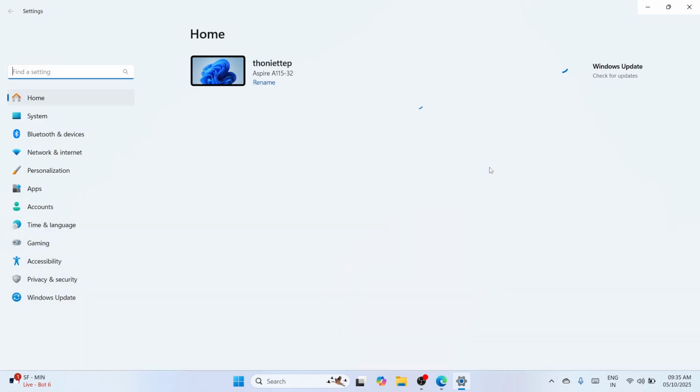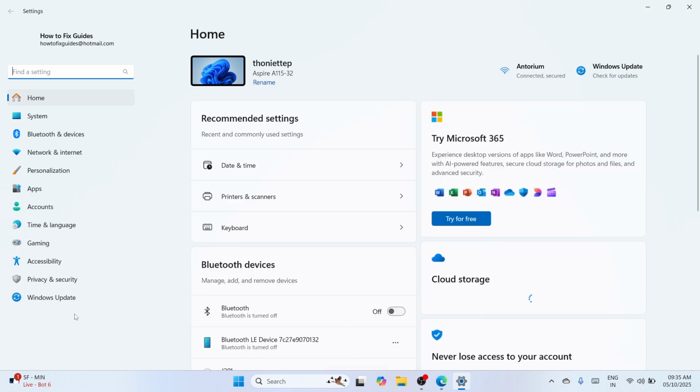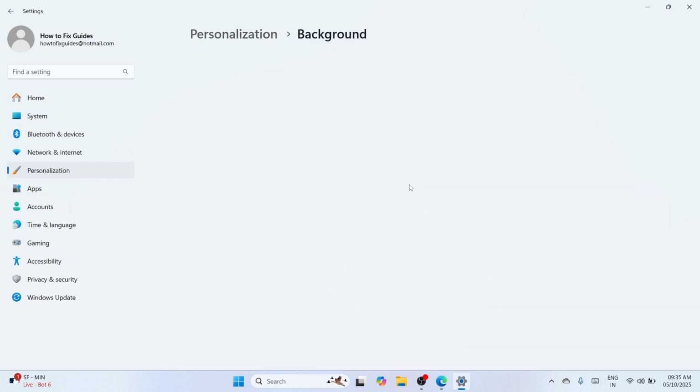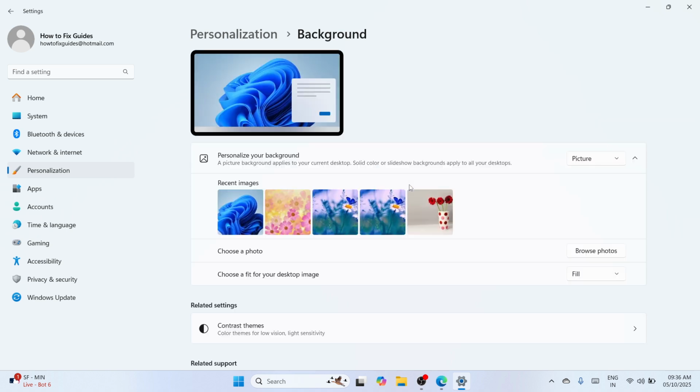So from here, please navigate to the left pane where you can see a list of the options. Please locate the option called personalization. And under personalization, you can see the first option, which is background, which contains the background image, color, or slideshow. So from here, there are different ways on how to change the background or the wallpaper of your